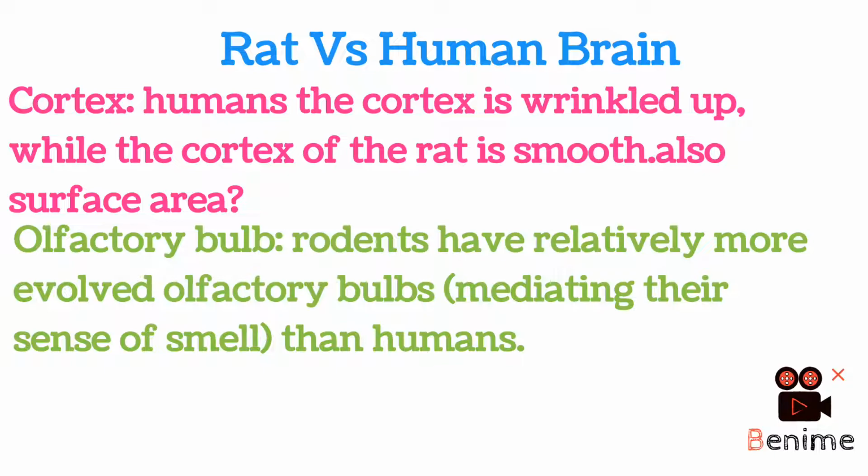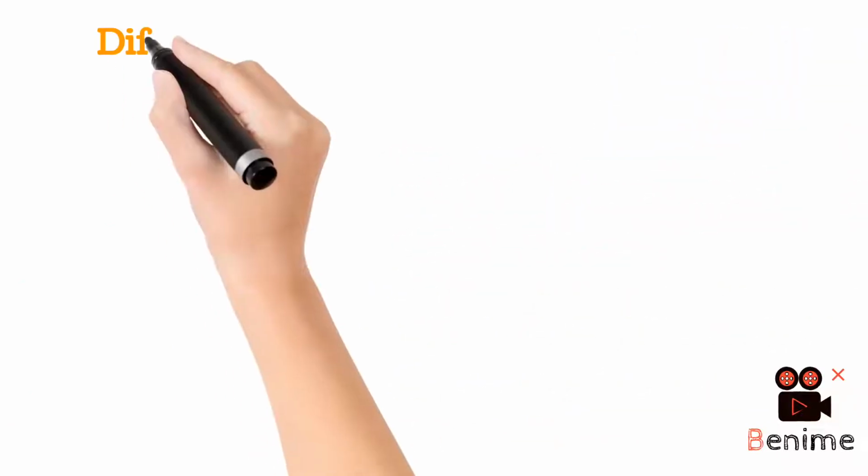Next is about olfactory bulb. Rodents have relatively more evolved olfactory bulbs than humans, because they mediate their sense of smell. So we know that rodents can smell anything from a long distance. Now you tell me, are there any differences in cerebellum of rat and humans? Which one is better and how, you just need to compare it. Or if I have left anything which is different in human and rat brains, you can just note it or